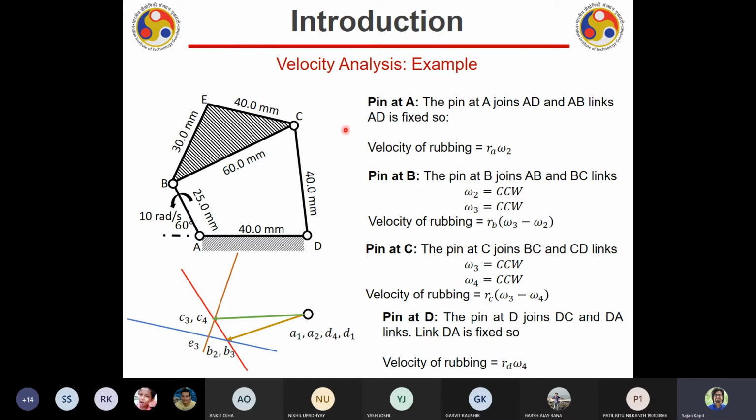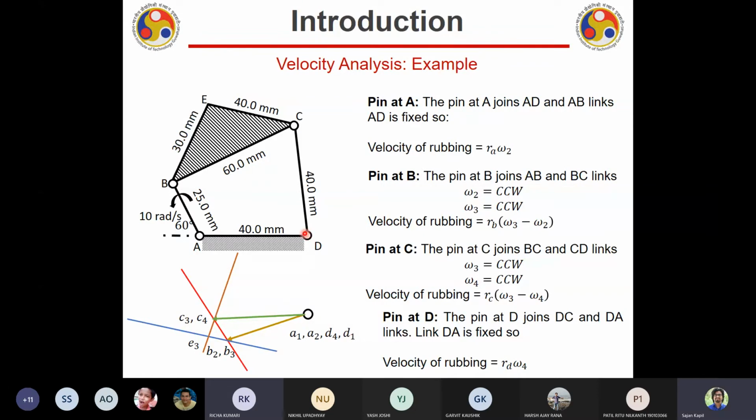Now let us talk about pin C. The rubbing velocity will be the radius of the pin. Okay, the radius of the pin will be given to you if the problem is asked. That will be nothing but RC into (omega 3 minus omega 4). Now similarly, the rubbing velocity of point D will be how much, Richa? How can we find out? So similarly, the difference between the omega at 3 and 4 into the radius of...